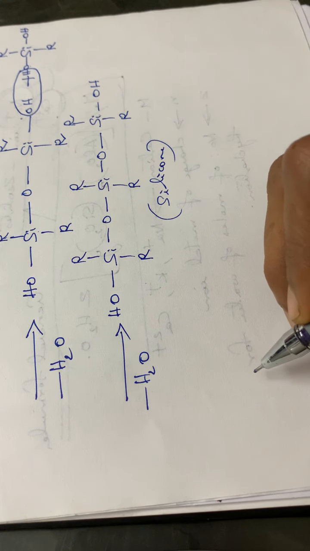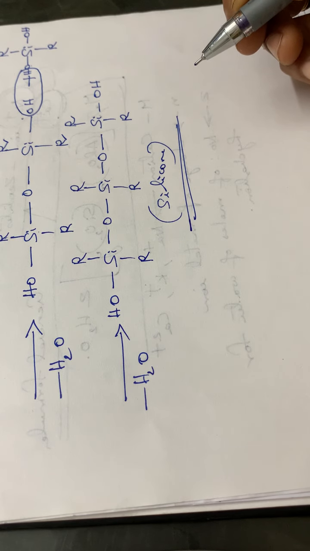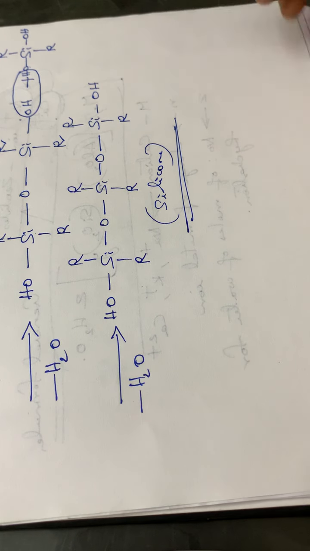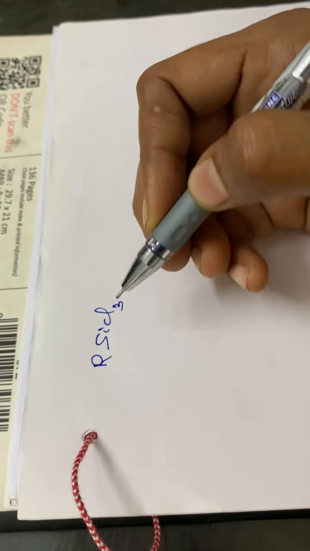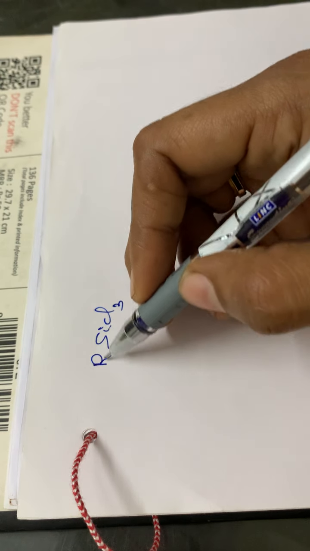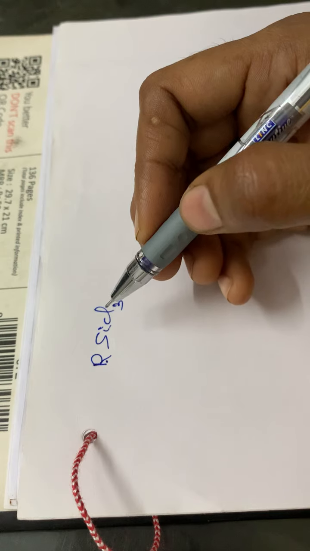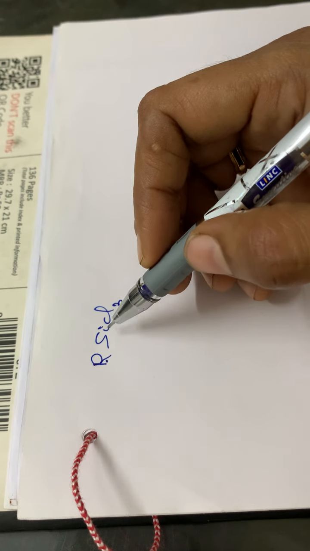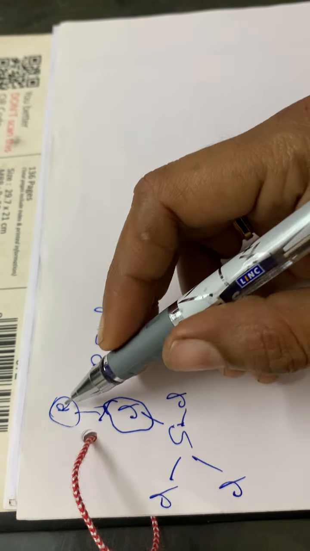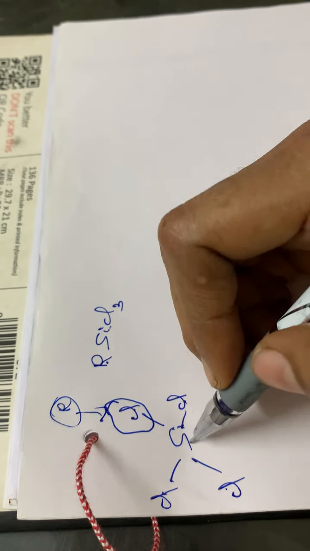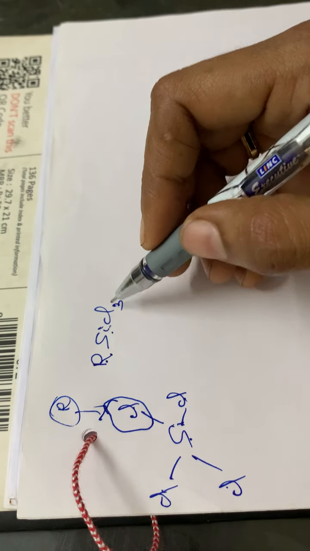That is another example. So this is a linear silicone, isn't it? Linear polymer. Then if we need a cross-linked polymer, the reaction will be like this. That is RSiCl3. RSiCl3 means monoalkyl trichlorosilane, isn't it? Silane means SiCl4. So in that, one chlorine atom is replaced by an alkyl group. So it will be monoalkyl trichlorosilane.